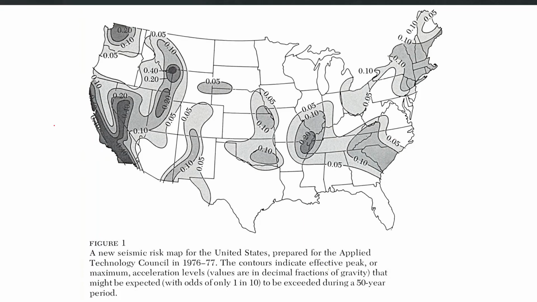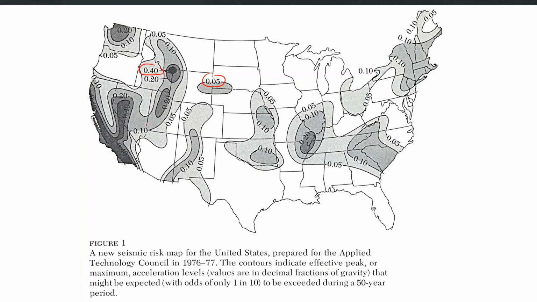This is the seismic hazard map for the US. You can see here the contours indicating the maximum acceleration value which can be experienced at different sites or locations. Sometimes building codes divide the whole country into different zones, and those zones have almost the same levels of seismicity. So you just need to know the zone of your site, and that zone will be used in the seismic design process.